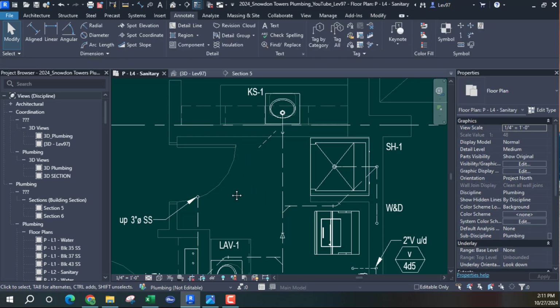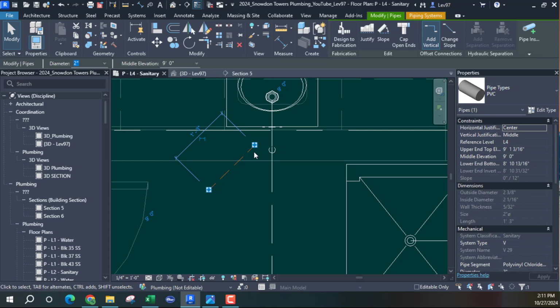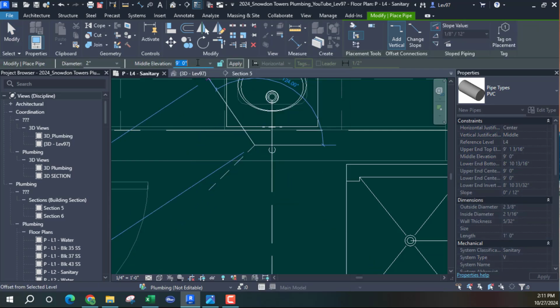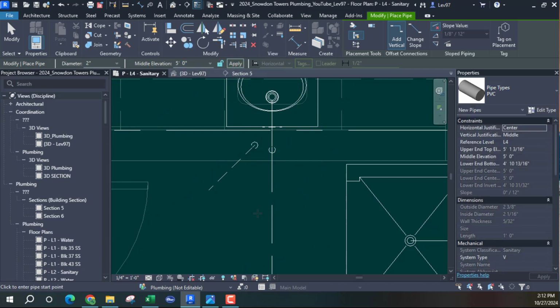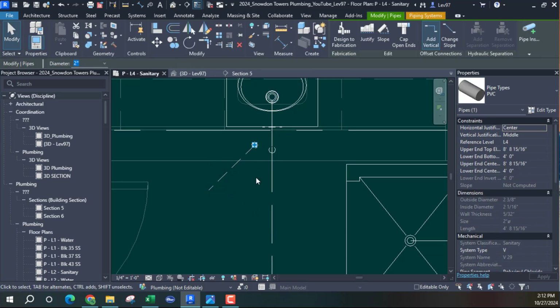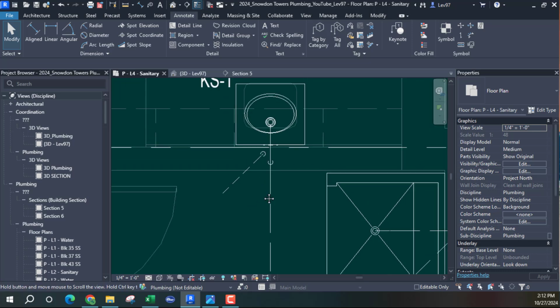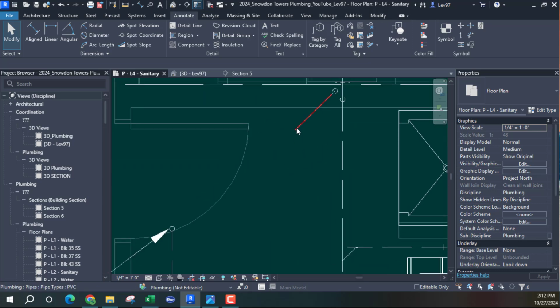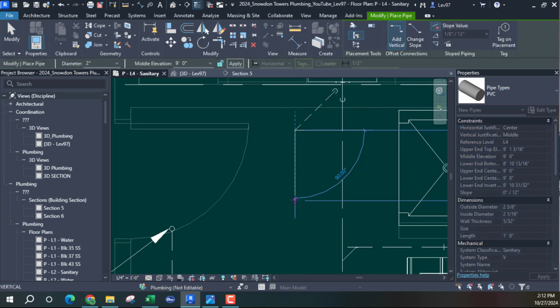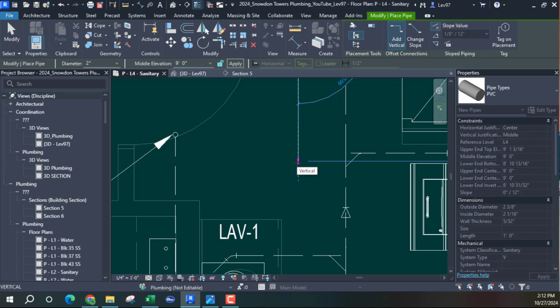Okay, and from here, I'm going to have it go down. Let's draw a pipe and change my elevation to 5 feet and apply, and that's going to go down. I can move this over, let's see, up, over, and it's just an estimation. Okay, so that's going to be 9 feet. We're going to come down so we can get the rest of my